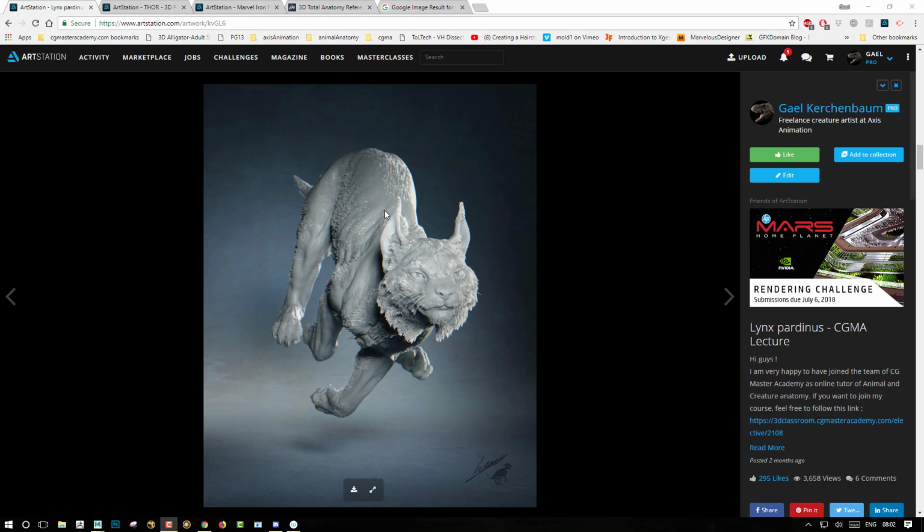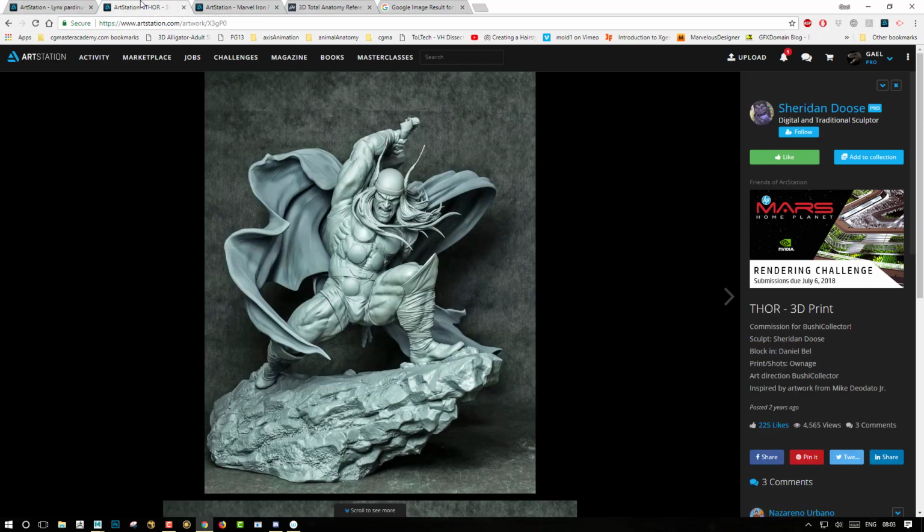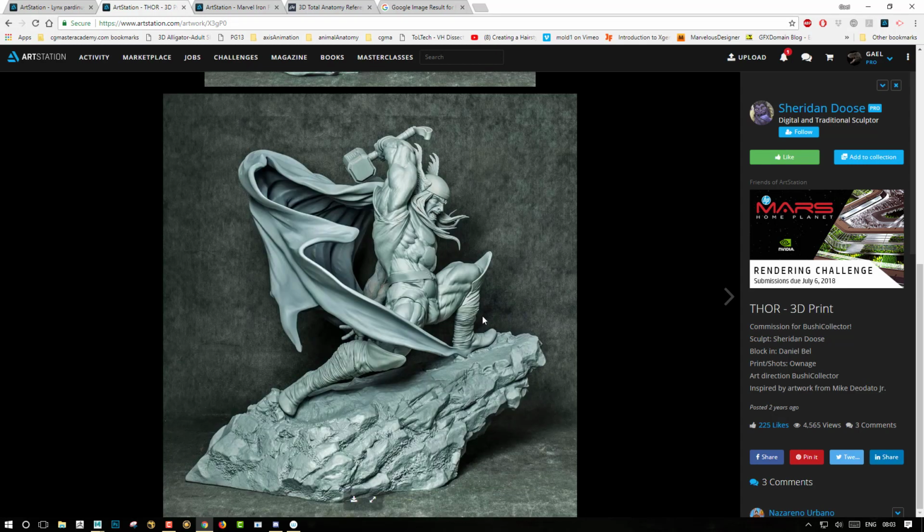If we want to create this kind of shader, it will be pretty easy to do inside of Maya using Arnold. So I will show you how to do that. You really want to do that because it matches what we can find in the printing world. If we think about a company like Ownage, when they show a model that they do, they show it with this shader, with this material.